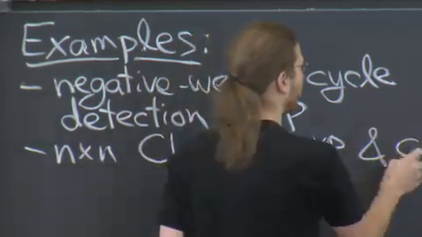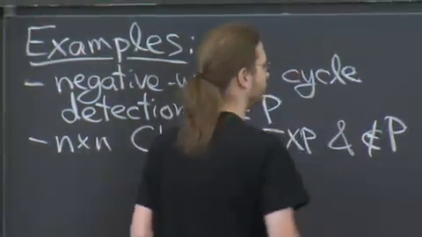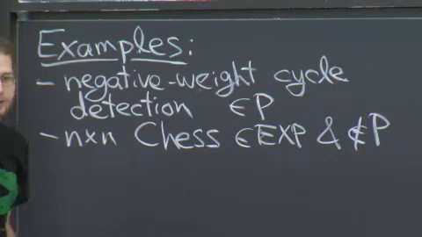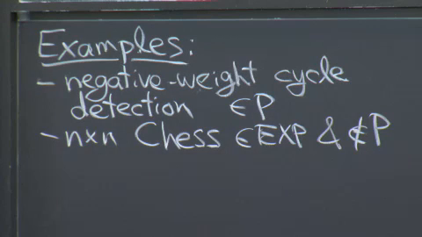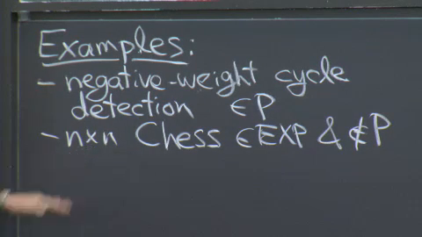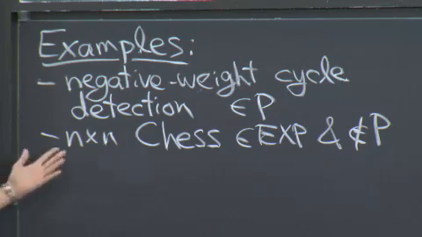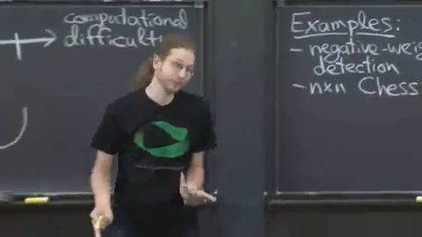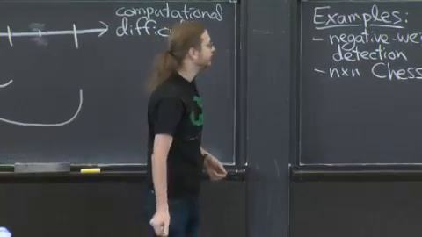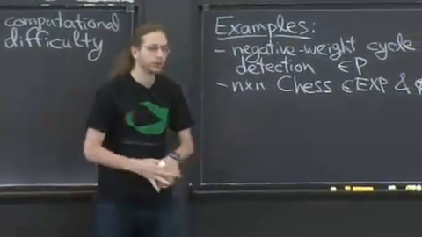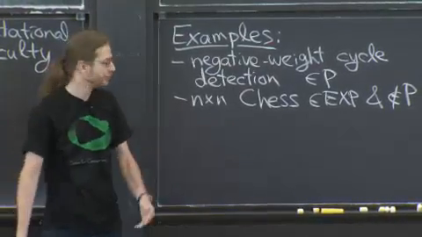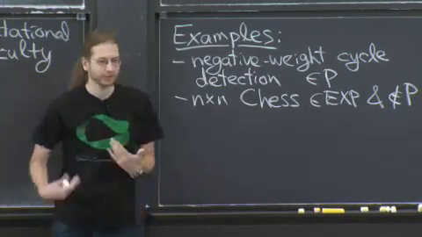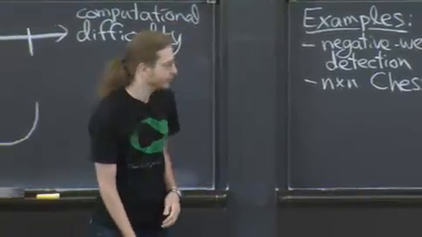And it's not in P. There's no polynomial time algorithm to play generalized chess. This sort of captures why chess, even 8x8 chess, is hard, because there's no general way to do it. And so there's no special way to do it, probably. Computational complexity is all about order of growth. So we can't analyze 8x8 chess, but we can analyze N by N chess. And that gives us a flavor of why 8x8 is so difficult.